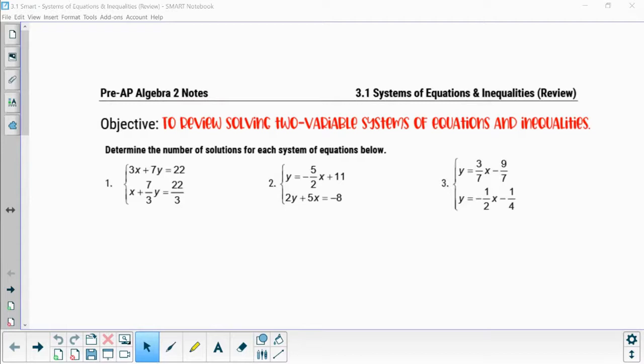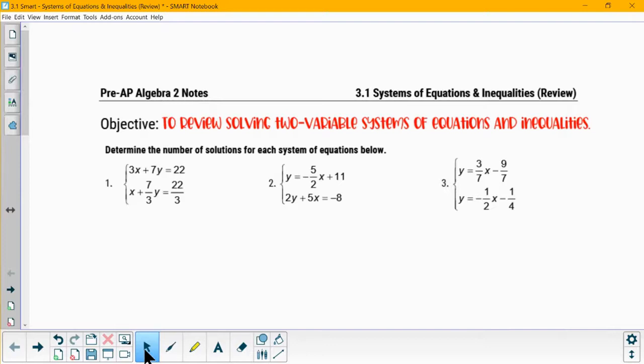Yes, this should be review from Algebra 1, but we are going over the topic so that you can have a refresher. These notes are kind of long, so I do suggest you only write down important information. You don't necessarily have to write down every single step and instruction that I do. So let's get started. The first thing we're going to do is determine the number of solutions for each system